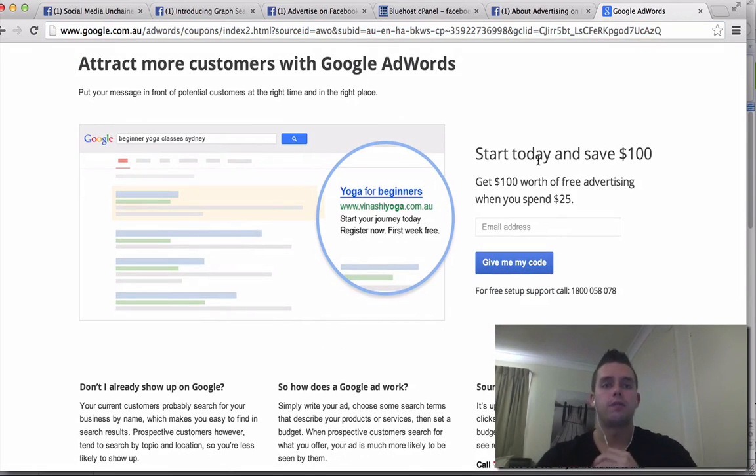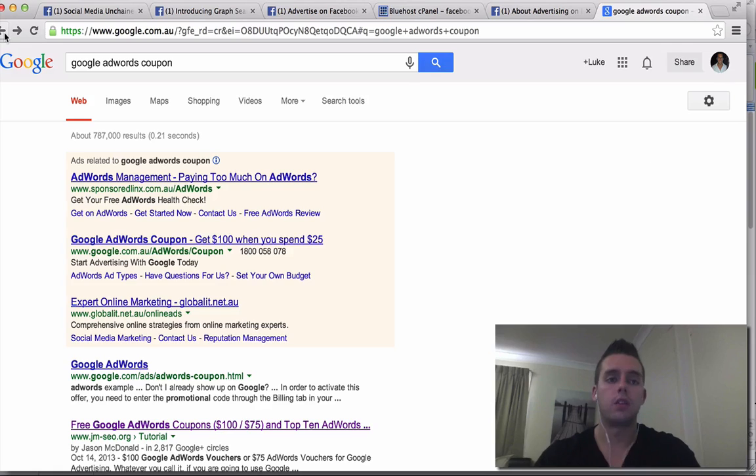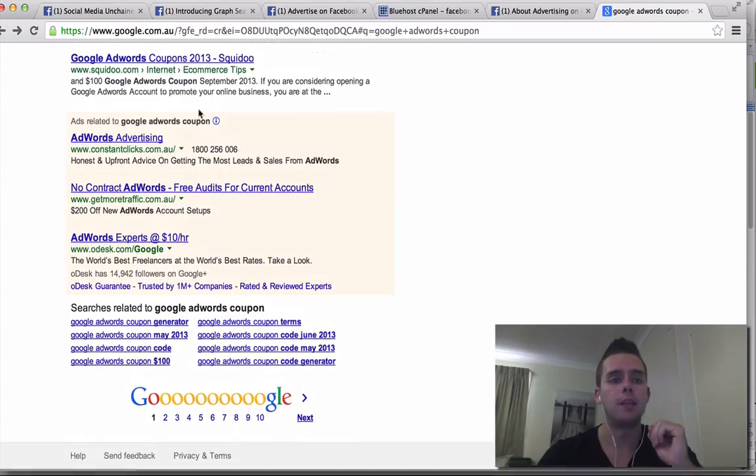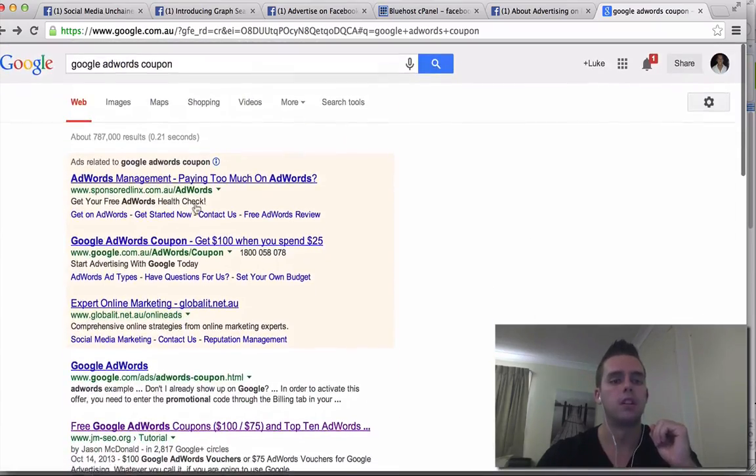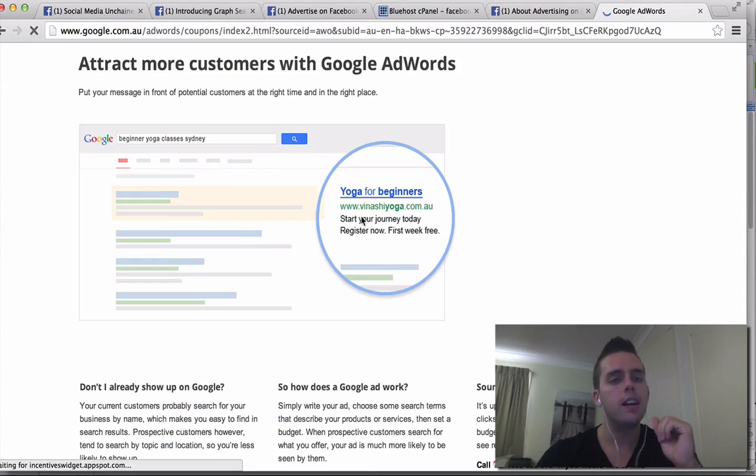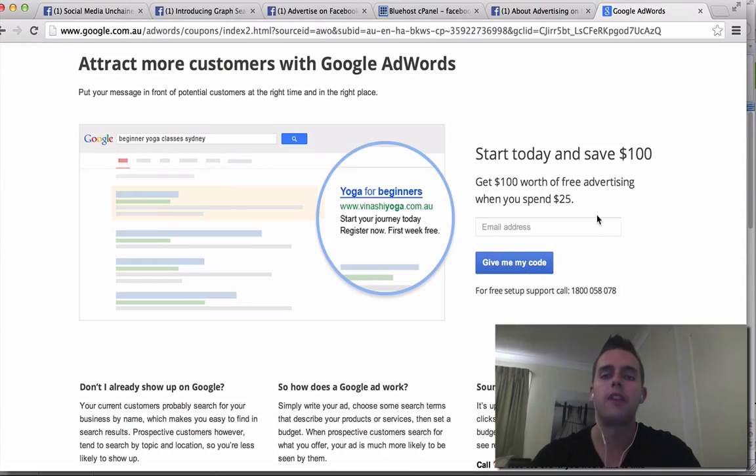So these guys give you, this is Google AdWords. These are ads all around Google. So I'll show you an example of that. I just clicked on one. So this here is an actual ad. These yellow sections here, they're all ads. And so are these ones down the bottom as well. But we'll go back. And so if you spend $25 with Google advertising, they'll give you $100 worth of credit,